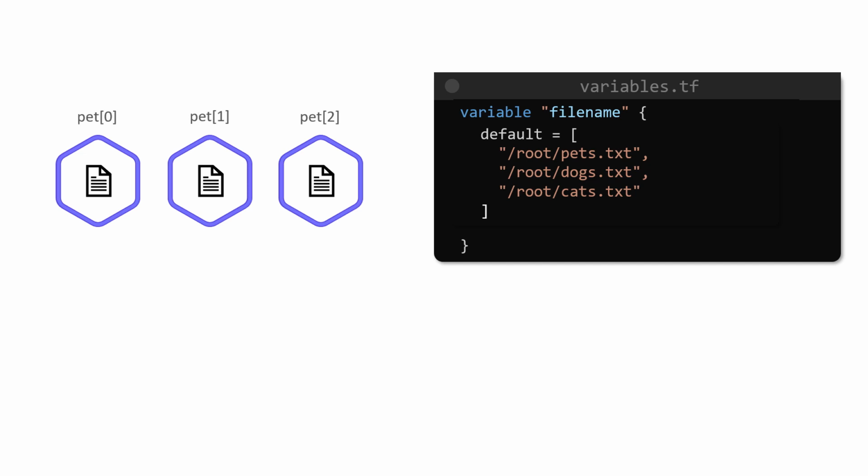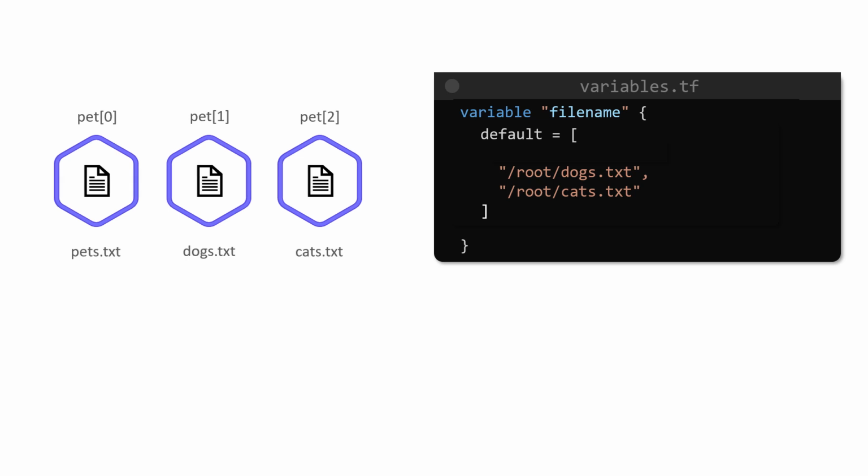The first resource in the list creates the file by the name pets.txt, and it is identified by pet with the index 0, enclosed within square brackets since it's a list. The second resource element is pet[1], which creates a file called docs.txt. And the third resource is pet[2], which creates a file called cats.txt. The first element in a list is always 0, and as a result, when we deleted the element called /root/pets.txt, which was at index 0 to begin with,